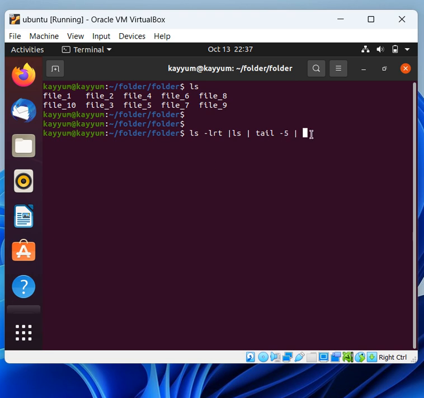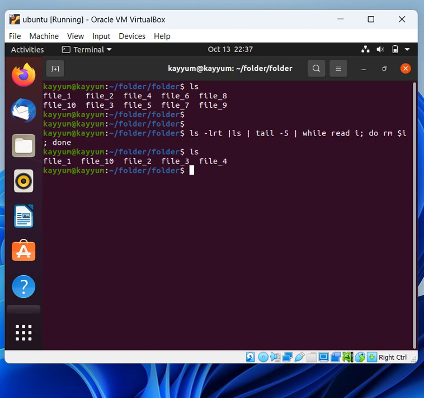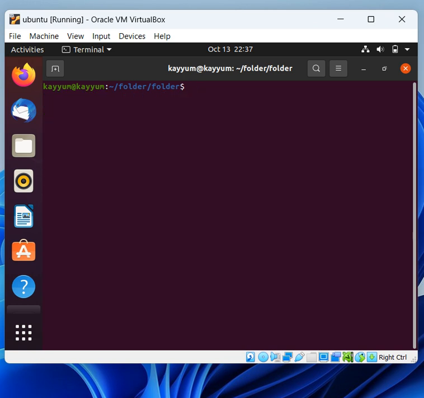Now, same as before, we will read those using the while loop with I, then again do remove $I, then done. In this way this command will take place. Now let's see. As you can see, this command has deleted the last five files. So I hope guys this will be